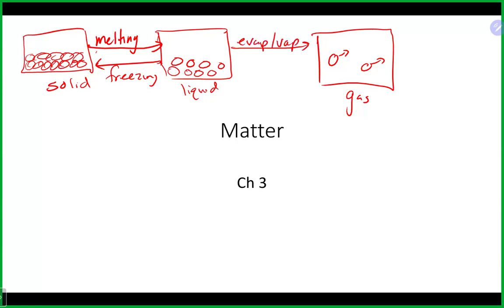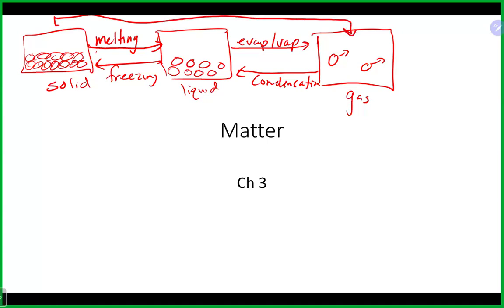As you go from gas back to liquid, that is the process of condensation. Steam molecules, like when you take a shower, hit the cold mirror, a lot of water on the mirror, right? It becomes liquid water back. We also can go from solid